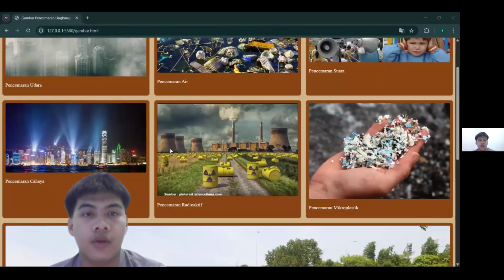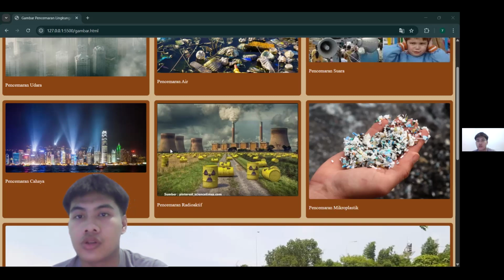And then the most important part of the second page is the responsive layout. I use a Flexbox-based gallery with CSS media queries to change the number of columns depending on the screen size. On a mobile device with a width of 600 pixels or less, each card takes 100% width, so there is only one column. This makes content easy to read on small screens.